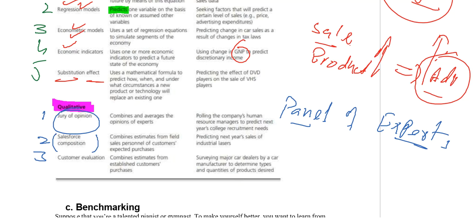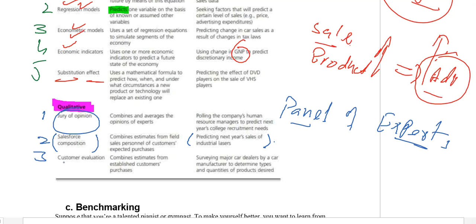This is basically the composition of the sales force. Sales force means our salesmen or salespersons who deal with different prospective clients to sell the product of the company. This is the way we can predict our sales for the next or coming